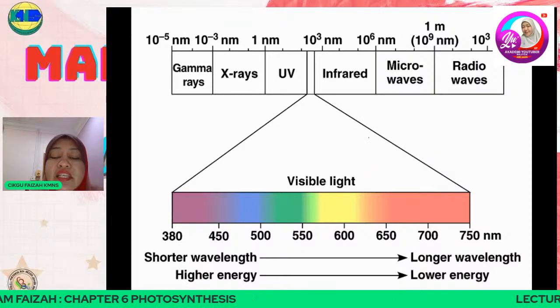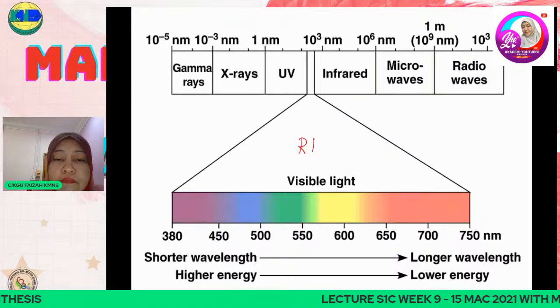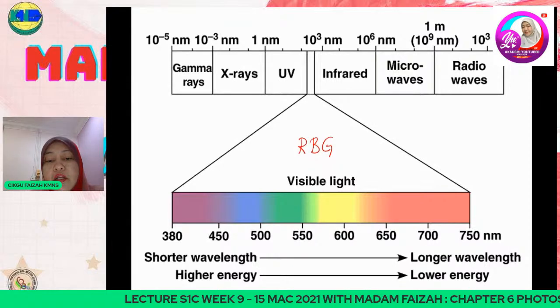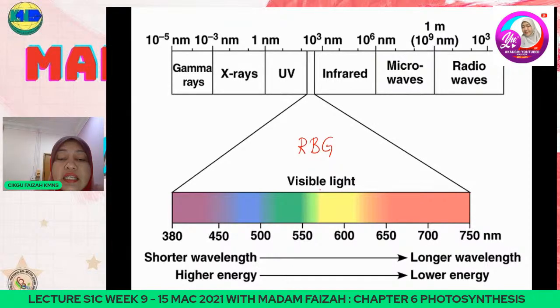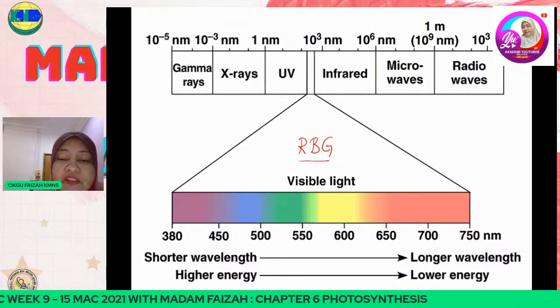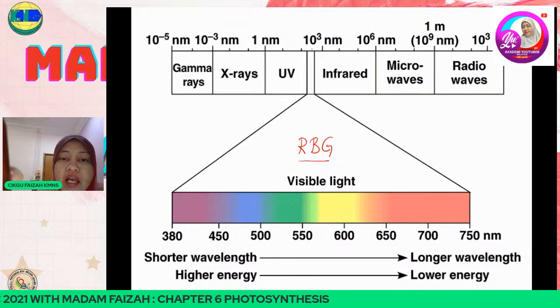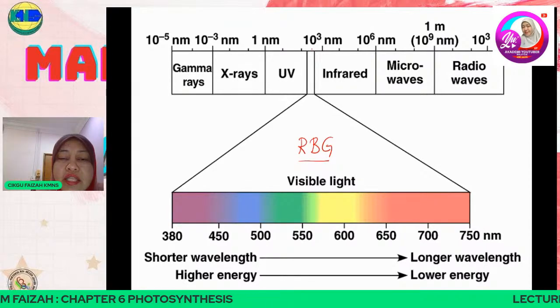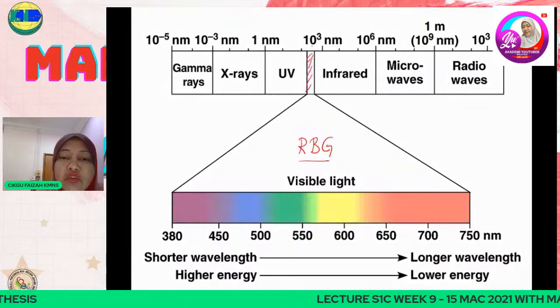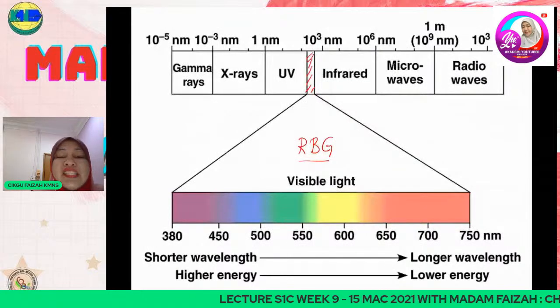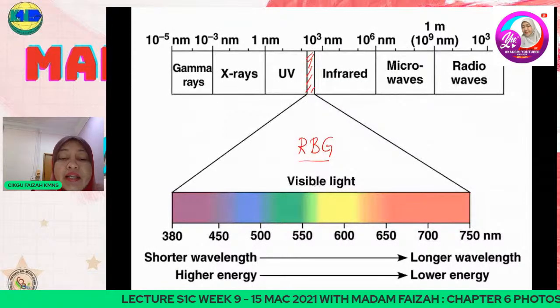Merah, red; blue; green. RGB: red, blue, green. Okay, so visible light, cahaya nampak, is quite narrow. Dia sangat narrow, kelas, 10 to the power of 3 nanometer je. So ini yang Tuhan bagi kita, kelas. Okay, kalau you belajar dalam konsep fizik lah, but okay, like what I mentioned just now, you tengok kelas mana